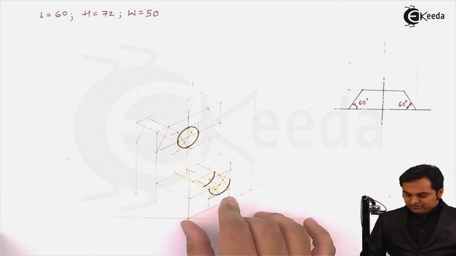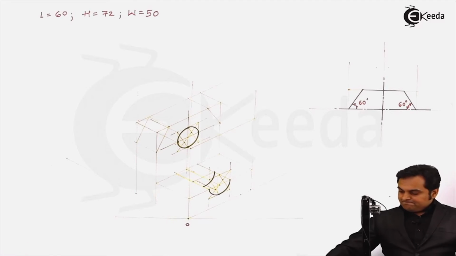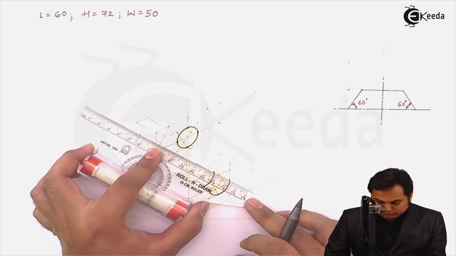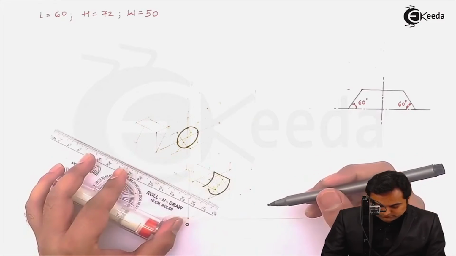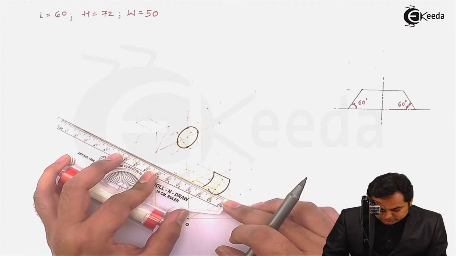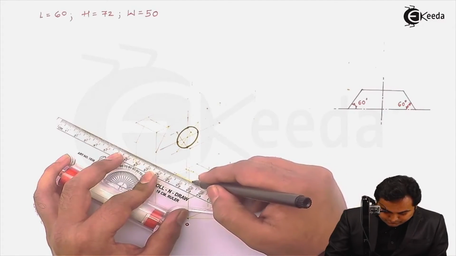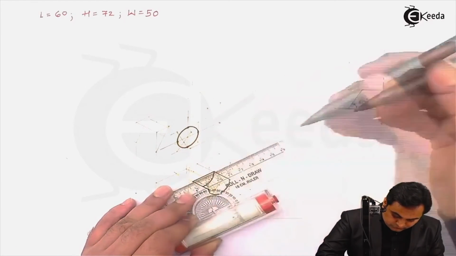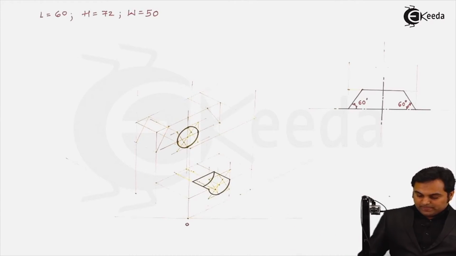Now, once I have completed this, the remaining part is very simple. That is just I have to make these surfaces dark, and for that, starting with the semicircular part, I am connecting both the semicircles so that it looks like a complete surface. So this is the semicircular groove which we are going to see from the front. Next,